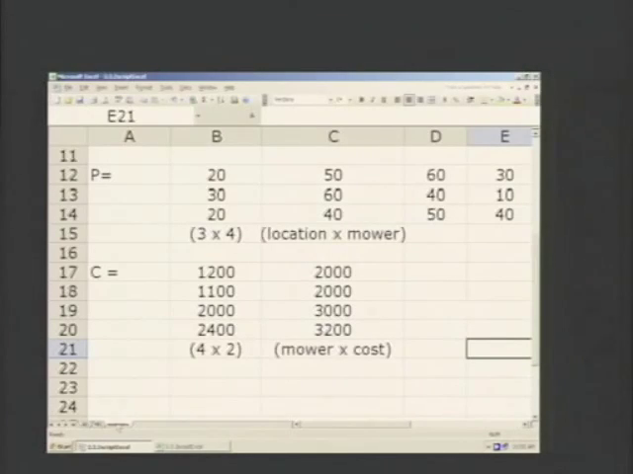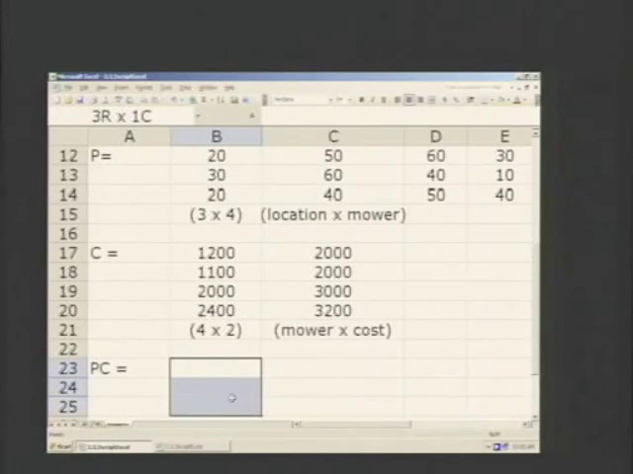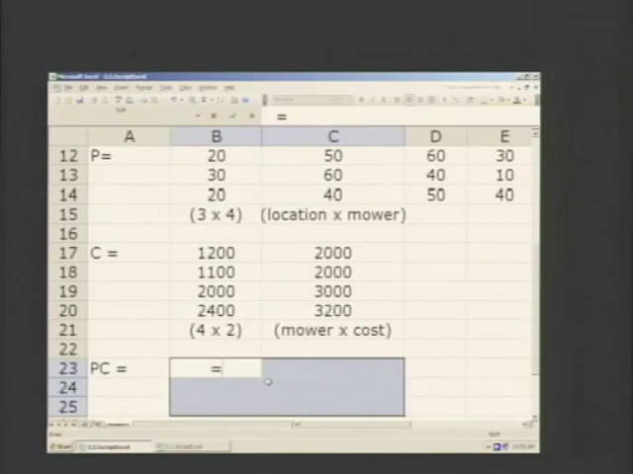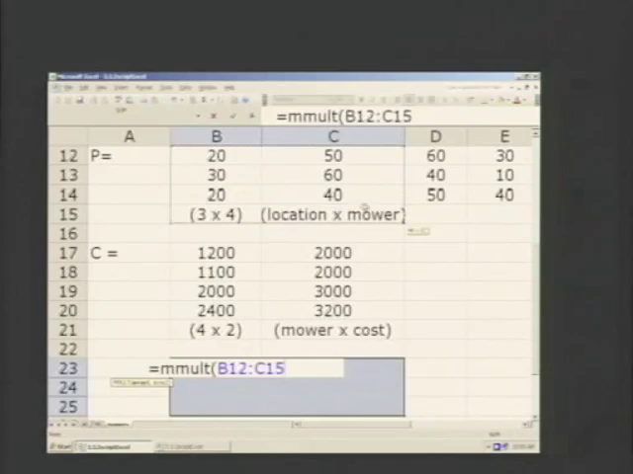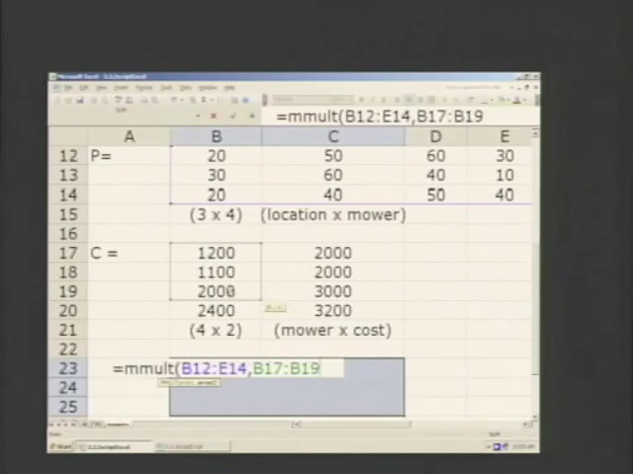Now we're going to label PC, P times C, and we need to highlight a 3 by 2 array to hold the product. We type the formula equals MMULT parenthesis, go to matrix P, select the location, which is B12 to E14, comma, now we do C,